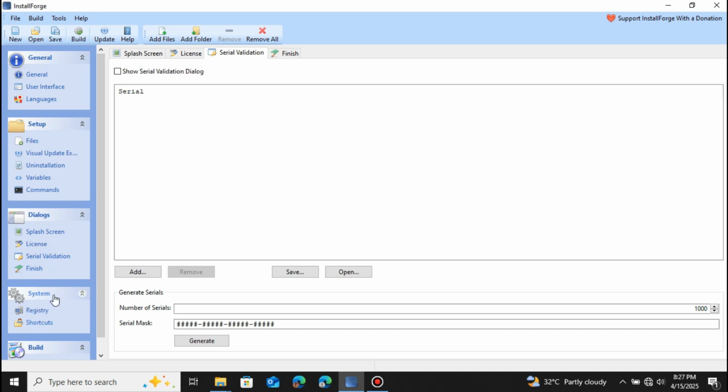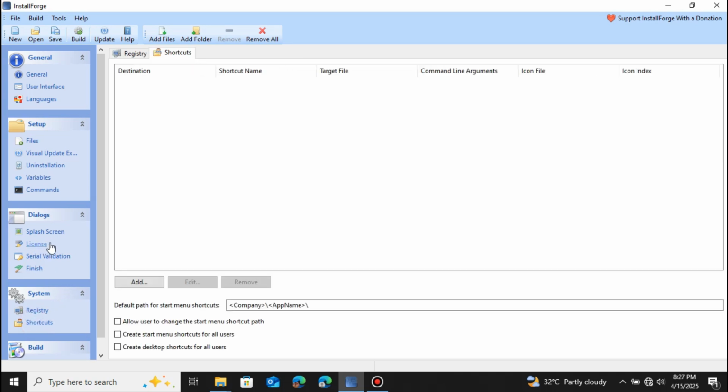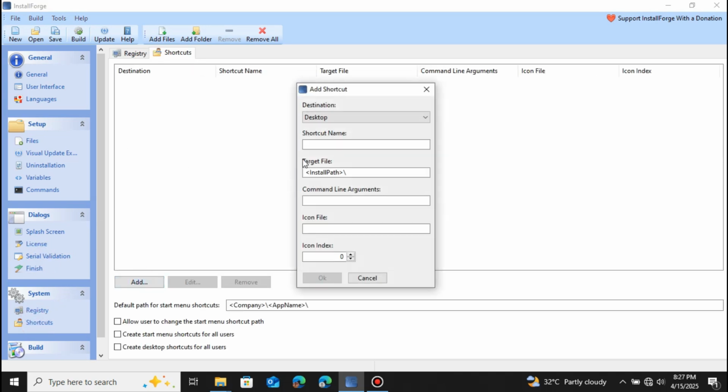So under the system, you have an option called the shortcuts. So select that. Here we need to add two shortcuts, one for the desktop mode and one for the start menu. So let me select the start menu. Just give a name for your start menu. In this case, I'm gonna just type King's Restaurant,